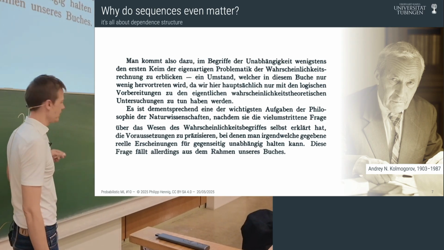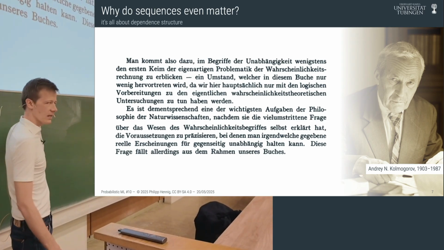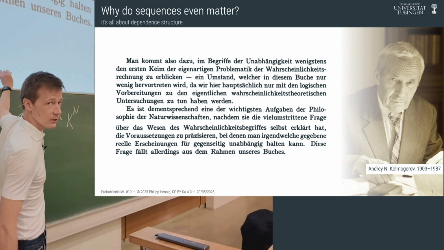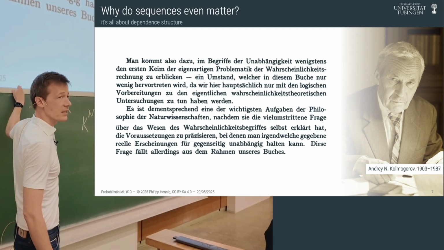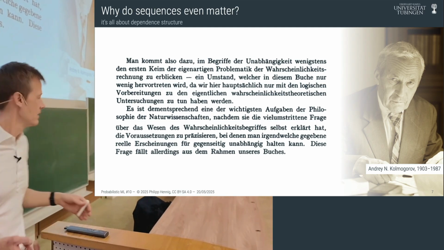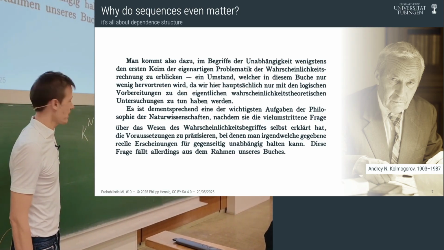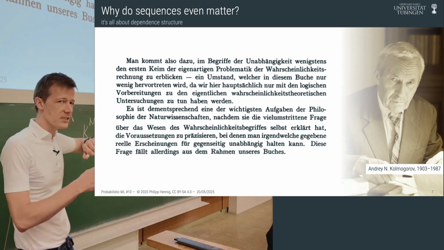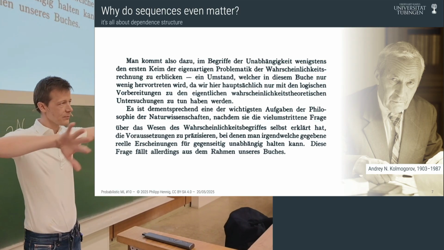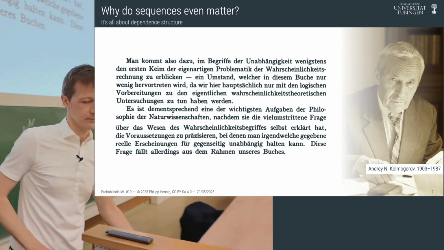And more generally, if they don't take just two values, but if they take k possible values, then I have to store k to the n possible hypotheses, right? So there's an exponential increase in cost if we assume that everything can happen. Right? If you want to keep track of every possible hypothesis that could arise, then you get an exponential increase in cost. But if you assume that some of these variables are independent of each other, then you can separate them into subgroups, and you get an exponential decrease in cost.